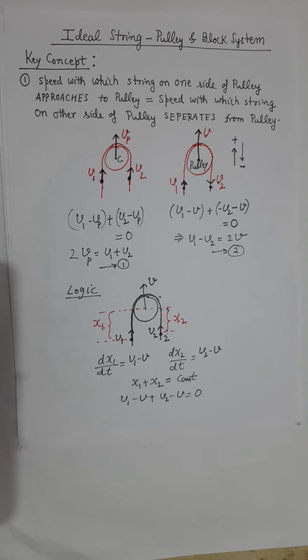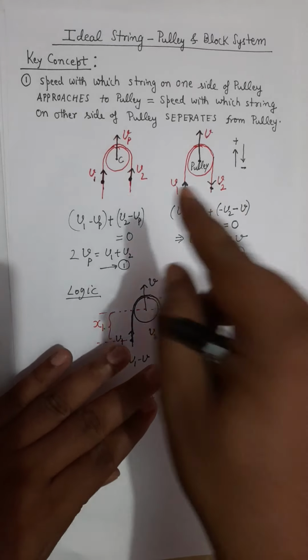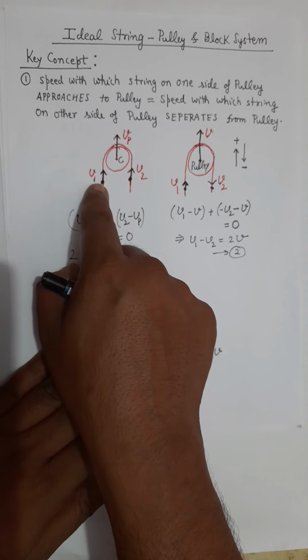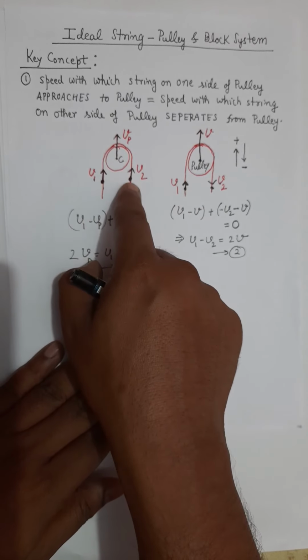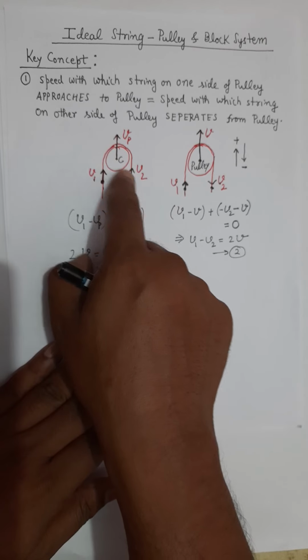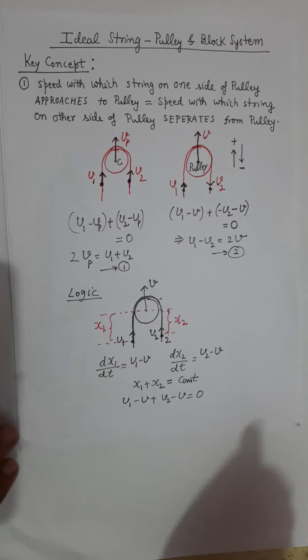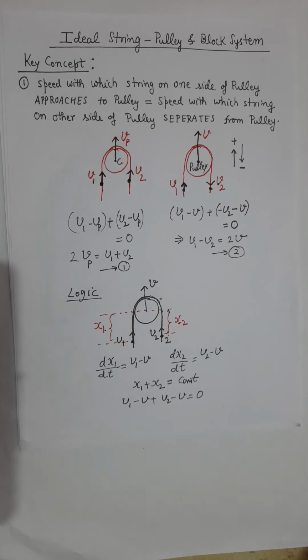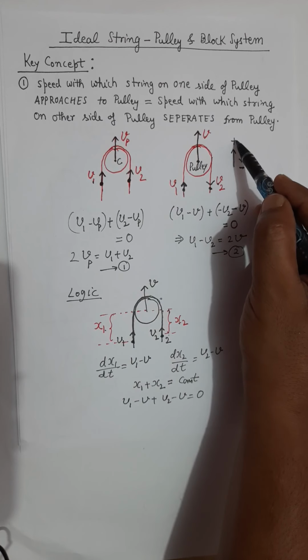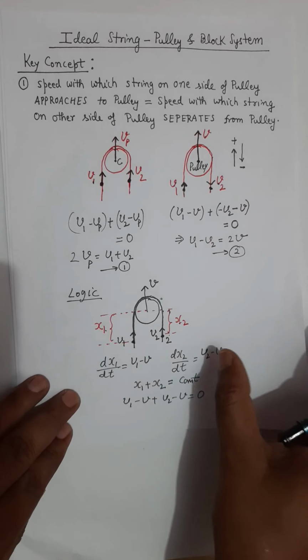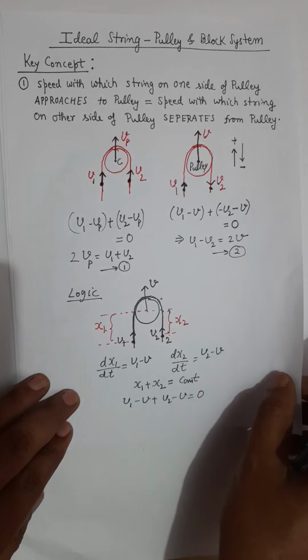So as a student, for the faster approach in the numericals, you have to simply write down relative velocity on both sides. Write down the relative velocity of this point of a string in the frame of pulley, write down the velocity of other side of string in the frame of pulley, and the sum of the relative velocities will be 0. That's a very easy concept. While taking the relative velocity, take care of the directions, or take care of positive and negative sign. Now I am going to illustrate this concept in some questions.